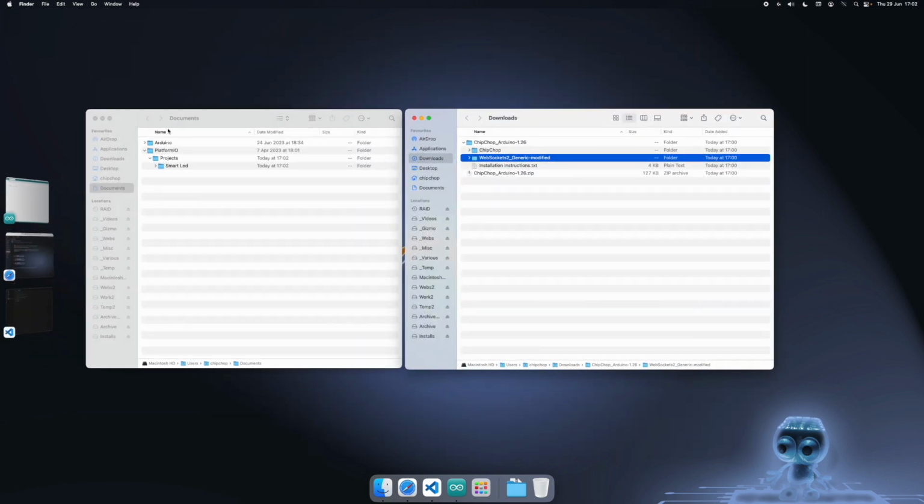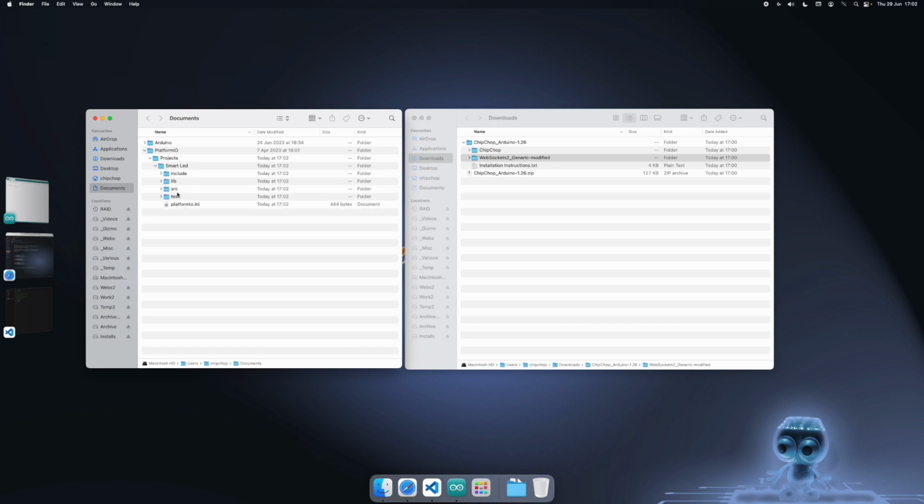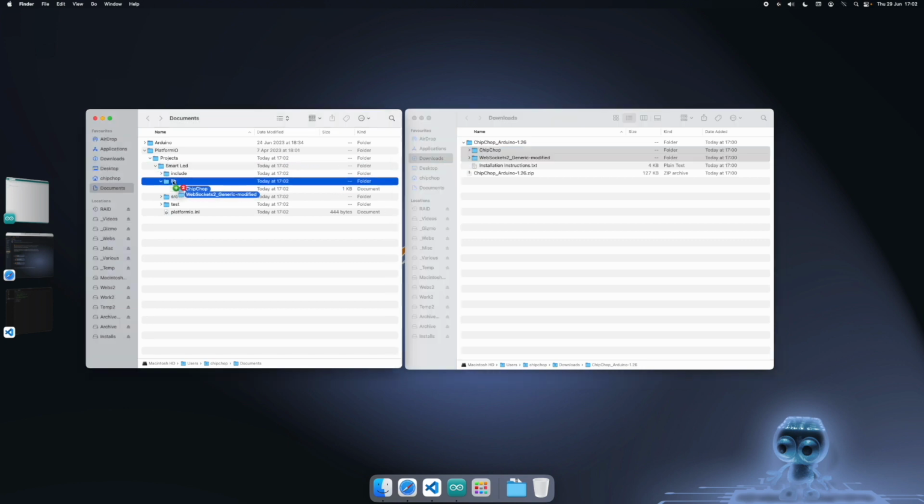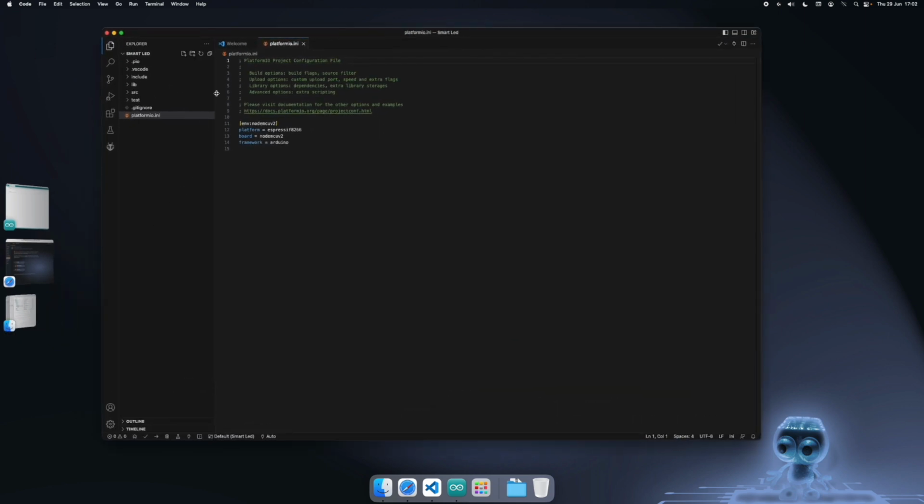And if we look under my user documents in the Platform.io, we have the Smart LED project ready for us. All we need to do now is copy the downloaded ChipChop folder and WebSockets library files into the lib folder, so they will be included now with this project compilation. And back into VS Code,